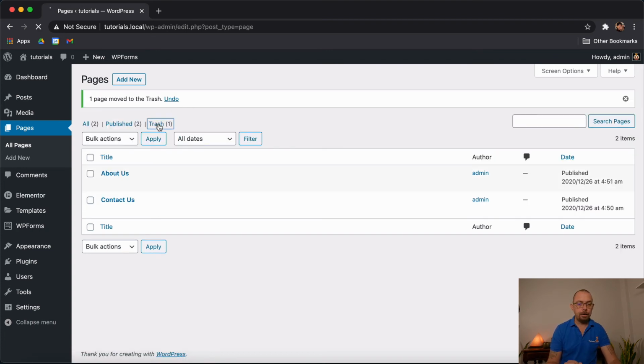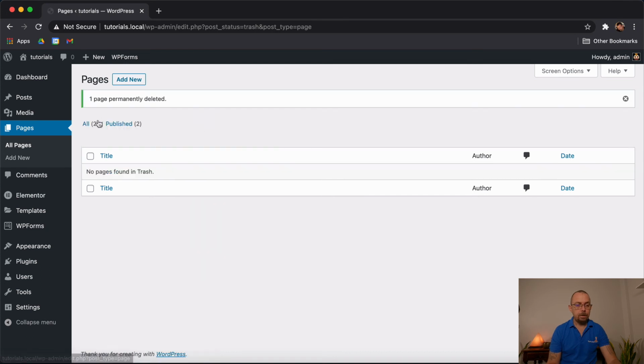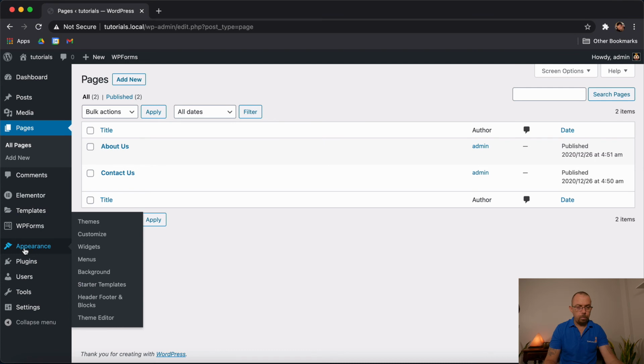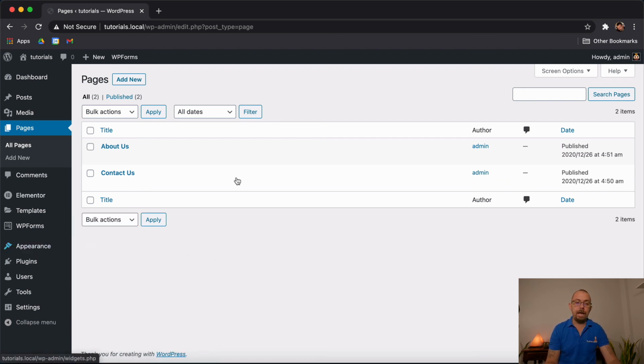I'm just going to choose trash again, come to the trash, delete permanently because I don't want that on my website. So at present, I have a couple of new pages. Now, the categories of these pages, they're when I create my top navigation later on, when we go into menus, to find out how to create menus and how to create these to be categories, there'll be a little link above. Just click on that and that will take you to the navigation menus tab tutorial that I've created there to explain now how you can call upon these different categories, these different page names, and use them as categories